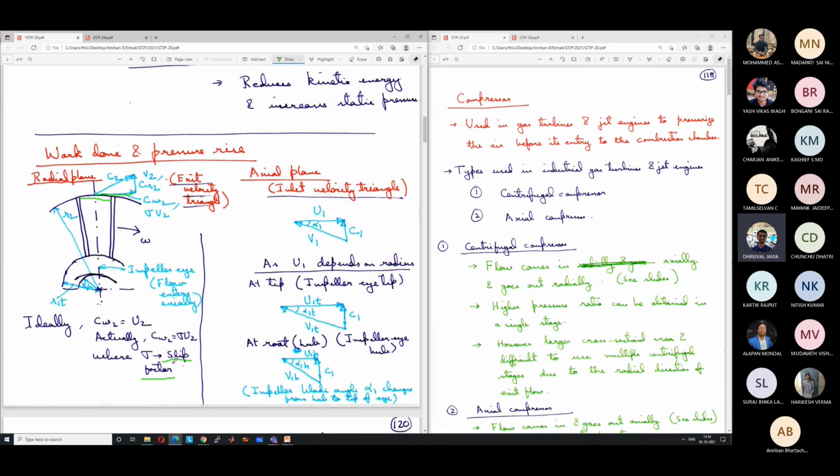Less than 1. It is slightly less than 1. Okay, so it can be 0.9 or 0.85 or greater, 0.92, 0.93, like this. Okay, so can you tell now,